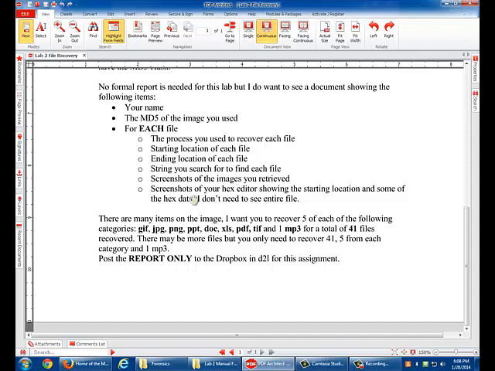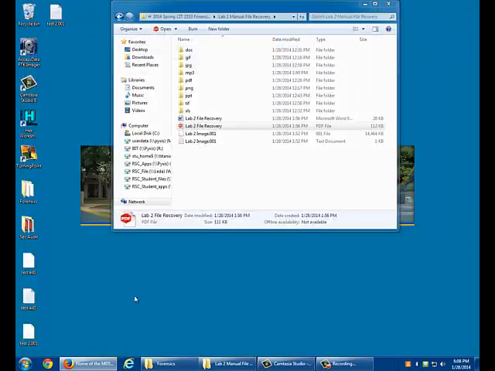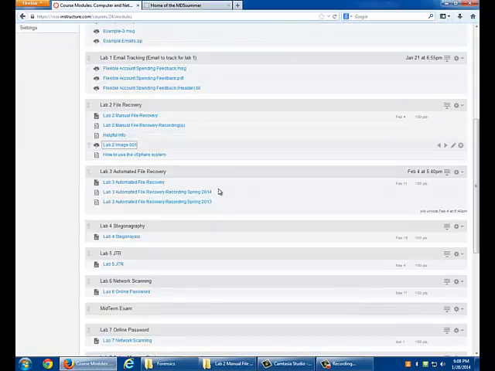So, a total of 41 files. There may be more on there, but you need to recover 41, 5 from each category and 1 MP3. Put the report, obviously, in Canvas. Now, if you go into Canvas here for this assignment,